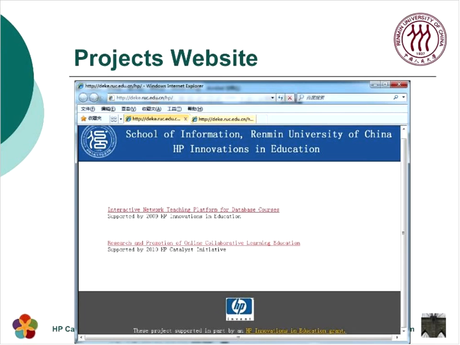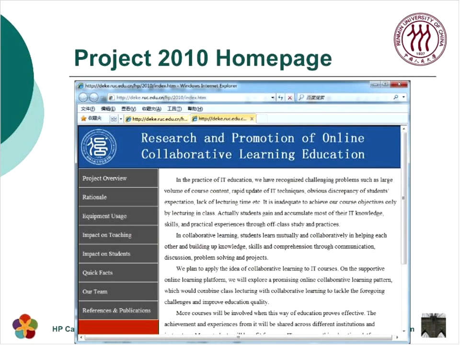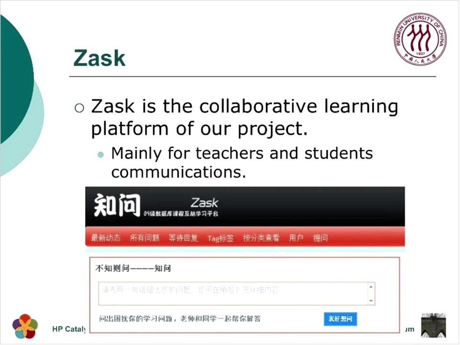It is a static website with the basic information of related projects. With the funding and support from HP and help from our friends in Multiversity, we have provided the course named Application of Database Systems to the School of Information in Renmin University of China and conducted a study to examine the online collaborative learning method and accumulate experiences during this process. We have published the Ask to support this project. It could be reached at